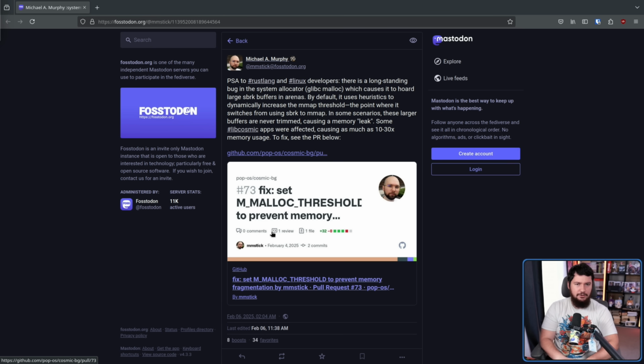At what point has a bug existed for so long in a codebase, being coded around by so many projects, it's no longer really a bug? Instead, it's, albeit a really stupid one, a feature of the codebase. Well, this is a problem the Cosmic Desktop has had to deal with, as discovered by Michael Murphy, who may